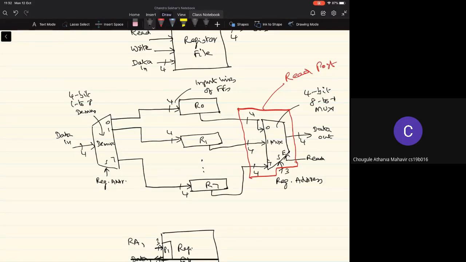Yeah, please remember that at any point of time, we are writing the data into only one of the registers, right? So how do you select only that register for the write operation? Now from the structure of the demultiplexer, you know, right? What will be the outputs of the demultiplexer to the destinations which are not selected?